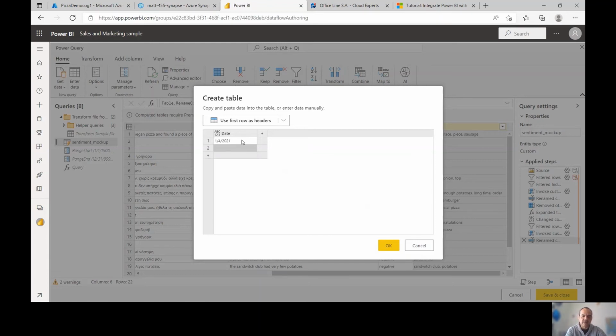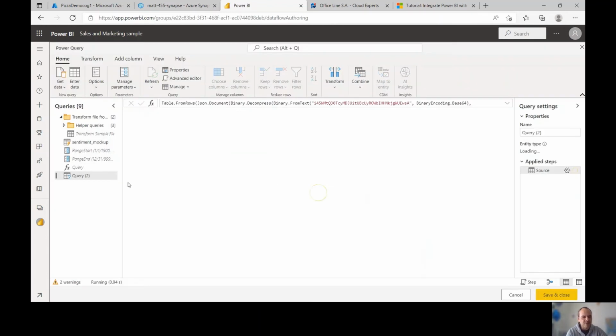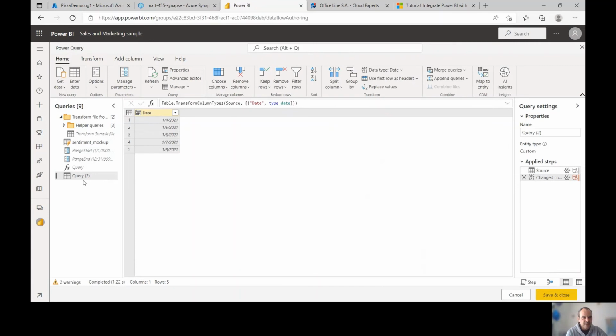Date is 4th of January 2021 in our mockup data. That is 8th of January. So that's my date dimension. Nothing very fancy, but just to do the demo.